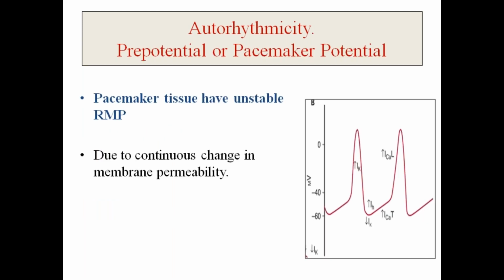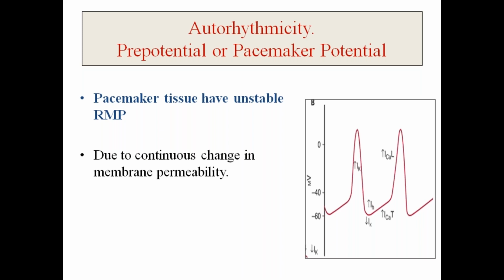Now, how is this pacemaker able to generate its own impulse? It is not getting any innervation from the outside. In the skeletal muscle, you have seen that there is a nerve coming from the ventral horn of the spinal cord, and at the neuromuscular junction it releases a neurotransmitter, acetylcholine. That acetylcholine acts over the nicotinic receptor present at the neuromuscular junction and opens the sodium channel, causing depolarization. Then an action potential develops in the skeletal muscle, and the skeletal muscle contracts.